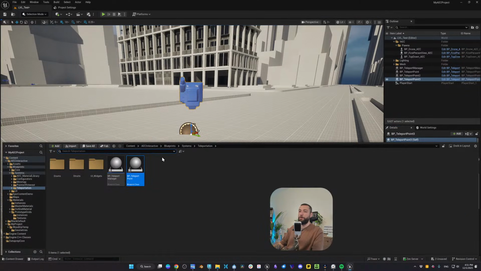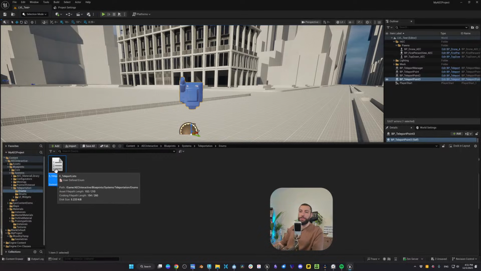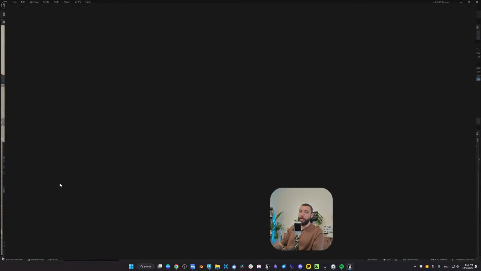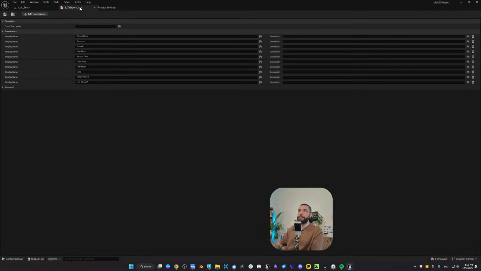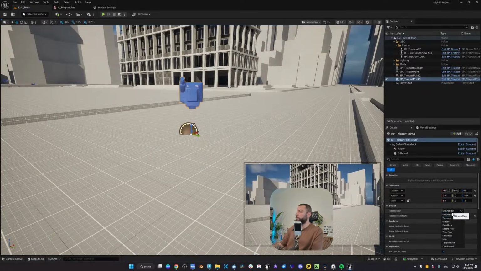So for the sake of our live stream, I'm going to add another new list. So I'm going to add to the folder enums. Here we have something called e-teleport lists. I'm going to double click this. And here we have these elements. So let's say I'm going to add a new enumerator, and I'm going to call it live stream. Okay? If I save this, let's go here now.